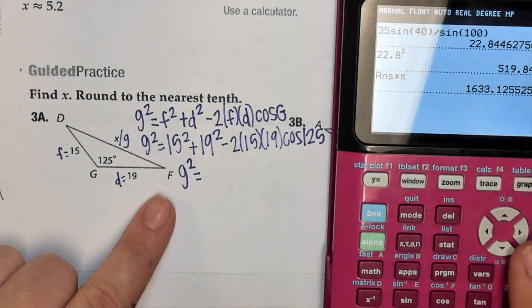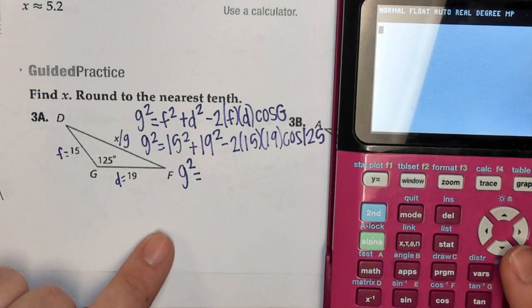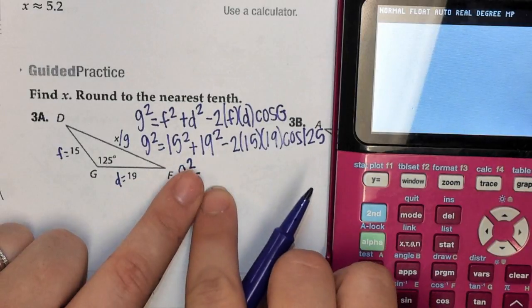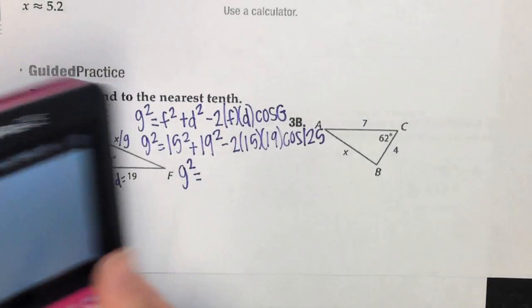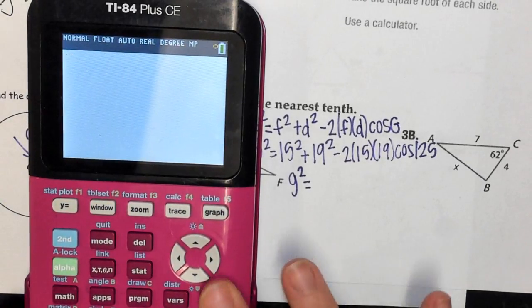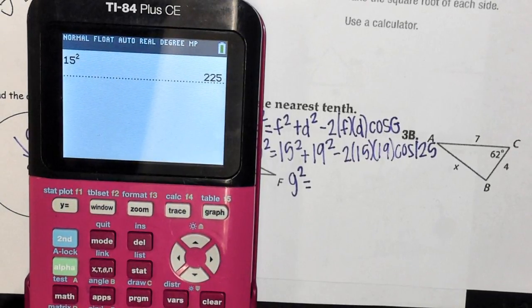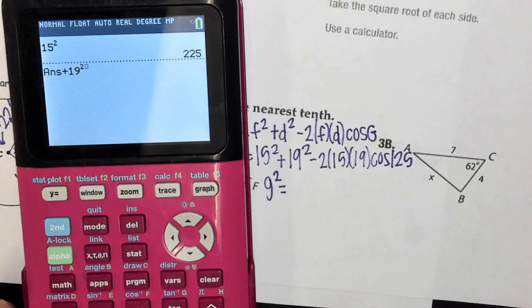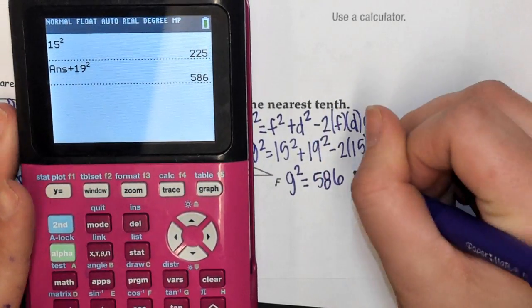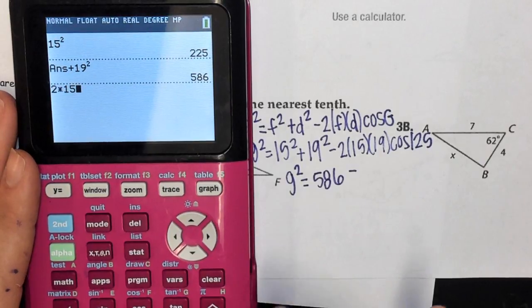I'm scared I'm going to make a mistake and it's going to cause me to have the wrong answer. Break it down. Do 15 squared plus 19 squared, write your answer, then do the rest of it. 15 squared plus 19 squared, I got 586, minus 2 times 15 times 19, cosine of 125,